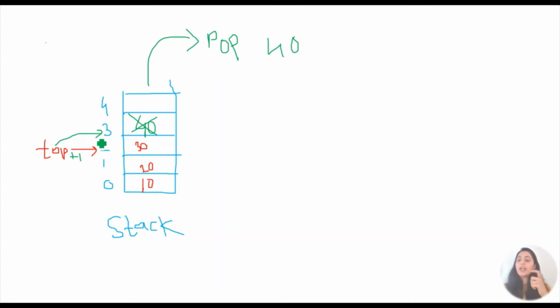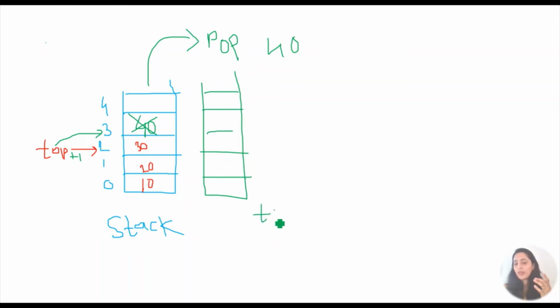What should we check? If my stack is completely empty, say for example your stack is completely empty, there is nothing in your stack. So at that time, where is your top? Your top value is nothing but -1. So when your top is -1, that means there is nothing in your stack. So in this case the stack is empty. If the stack is empty, you cannot pop out from the stack, and that's why we call this an underflow condition.